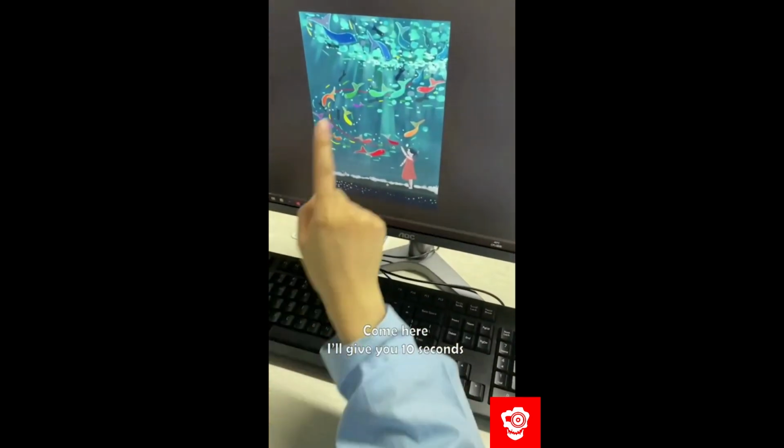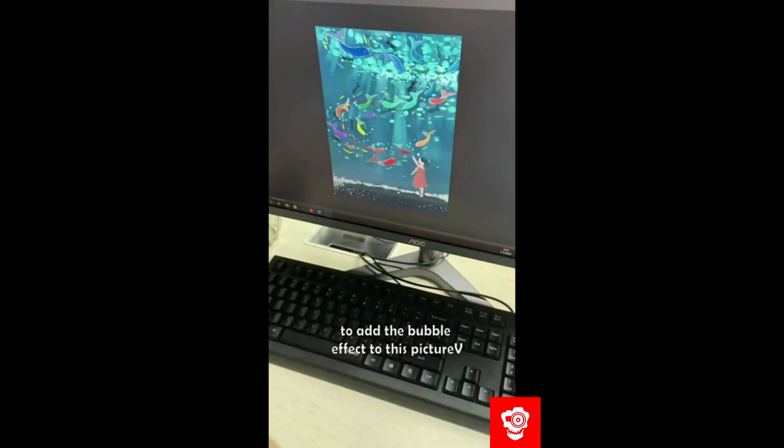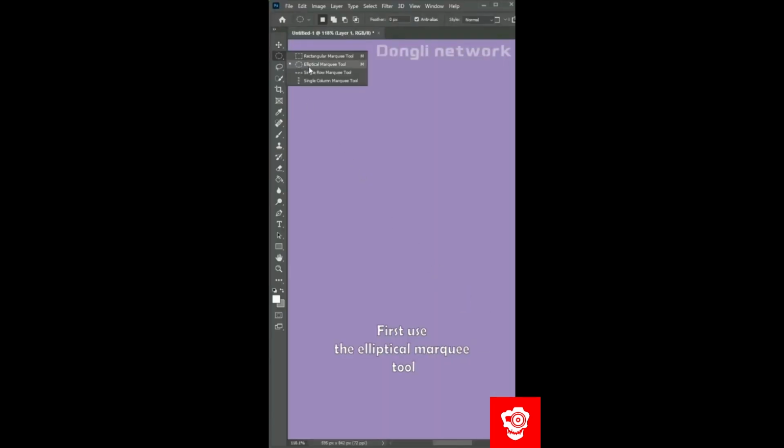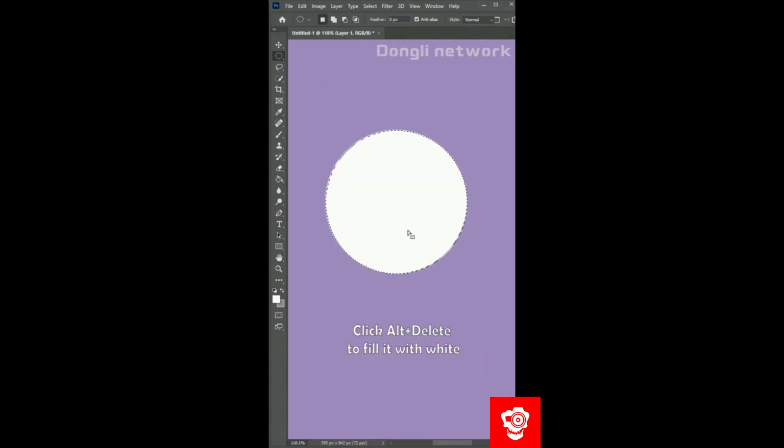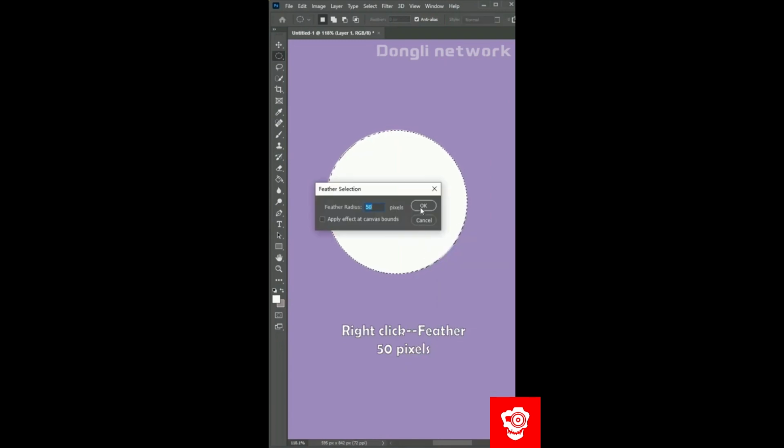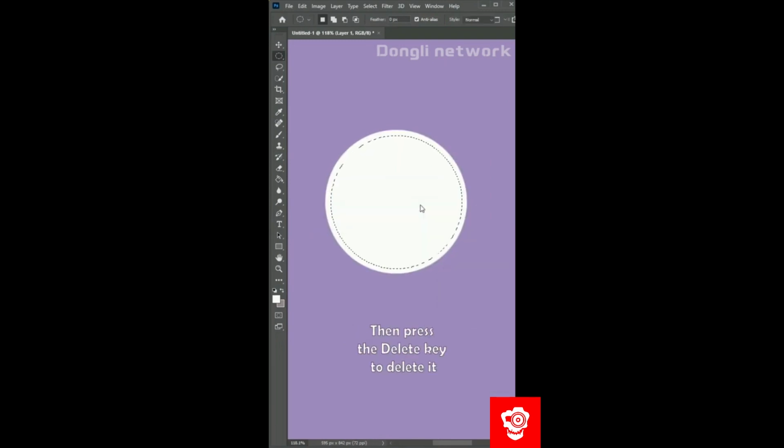Come here, I will give you 10 seconds to add the bubble effect to this picture. No problem, boss. First, use the elliptical marquee tool to draw a perfect circle. Click Alt plus Delete to fill it with white. Right-click, feather 50 pixels. Then press the Delete key to delete it and select the white brush to paint two